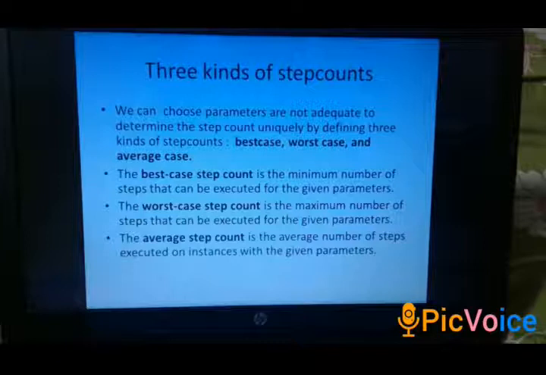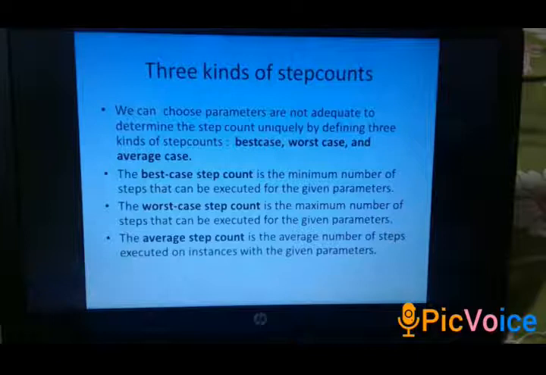The three kinds of step counts are best case step count, worst case step count, average case step count. The best case step count is the minimum number of steps that can be executed for the given parameters. So, the minimum number of steps to solve the algorithm is called best case step count.